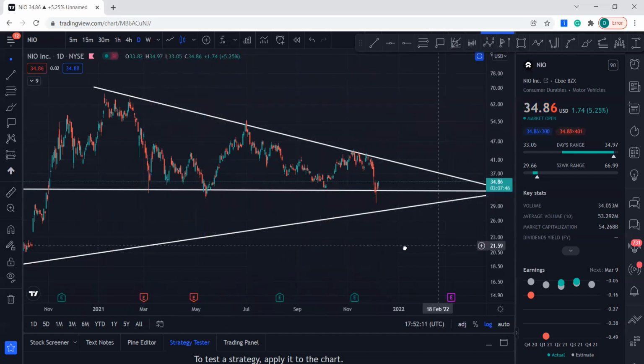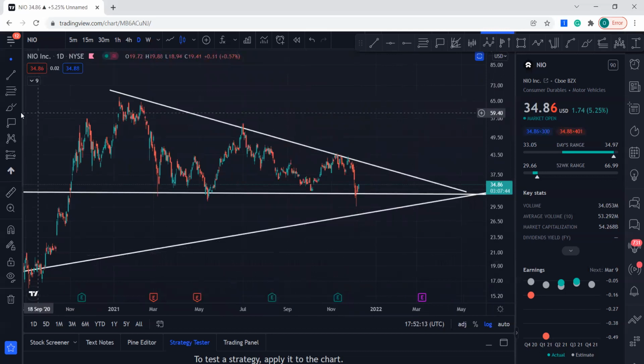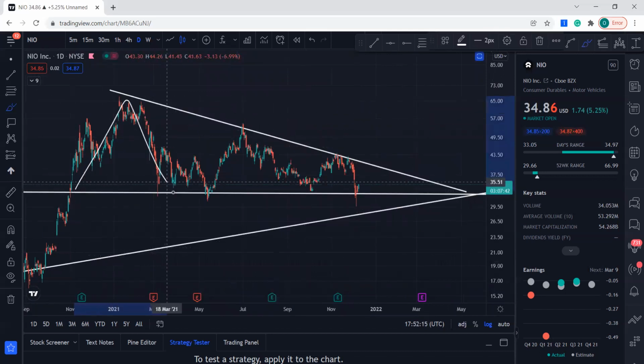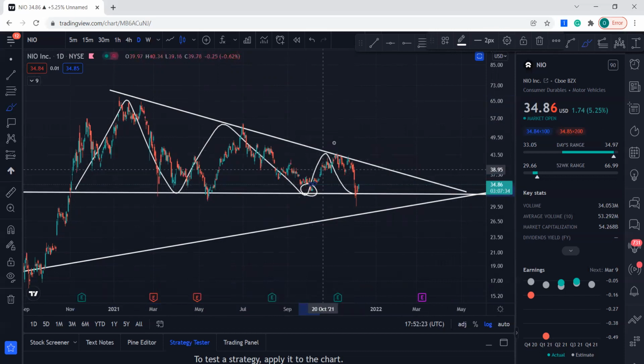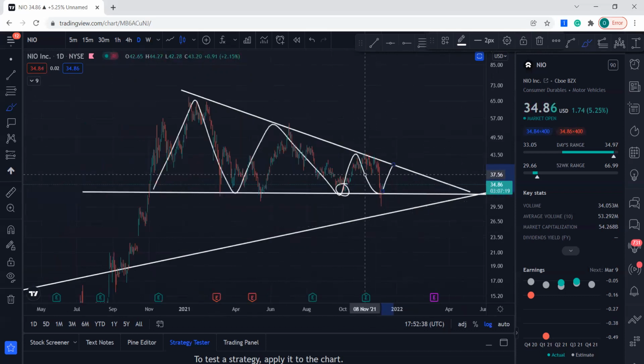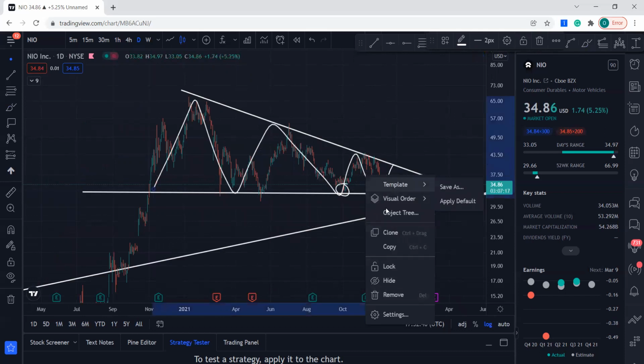So yes, overall, NIO is just playing in this pattern, and just watch out for this next move, because I was trading NIO when it was here, it went up, and I was in this pattern all this time. So it came here. Now I believe if this breaks this resistance, NIO is going up. Now let's check up the